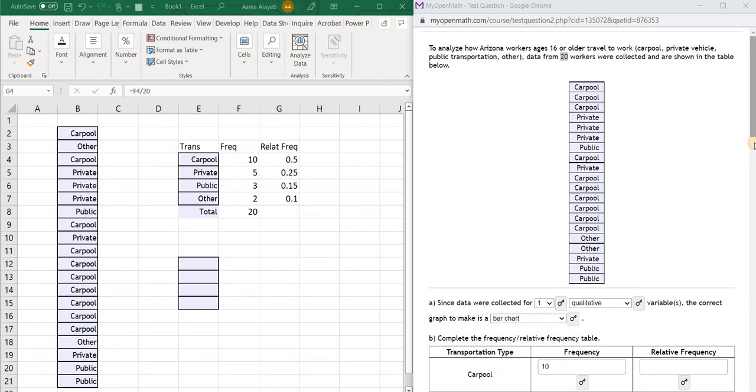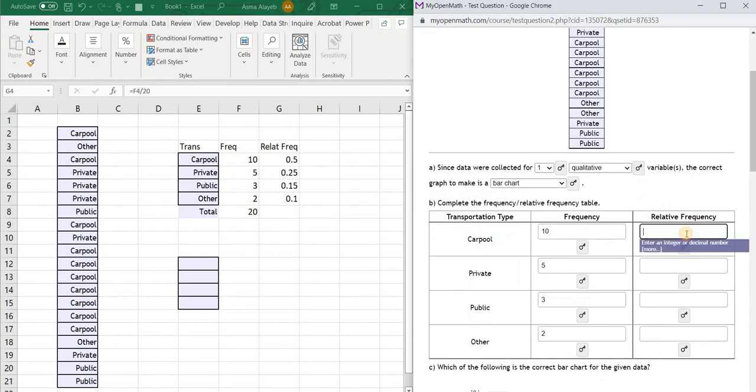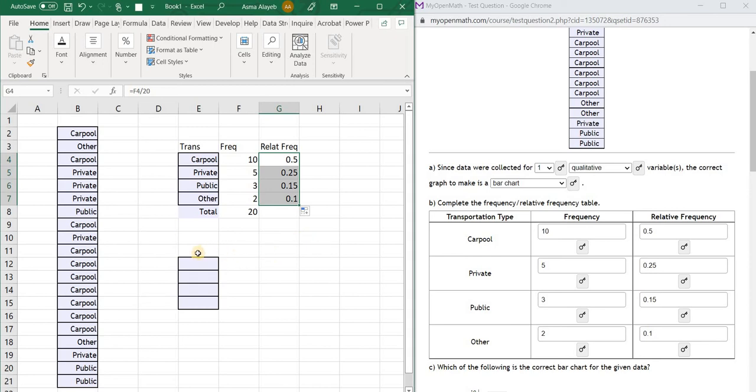You can basically type them here: 0.5, 0.25, 0.15, or you can copy and paste 0.1, but one at a time. It's not going to copy the entire column for you. Okay, is there an easier way to do this? Yes, there is an easier way to do all of this,